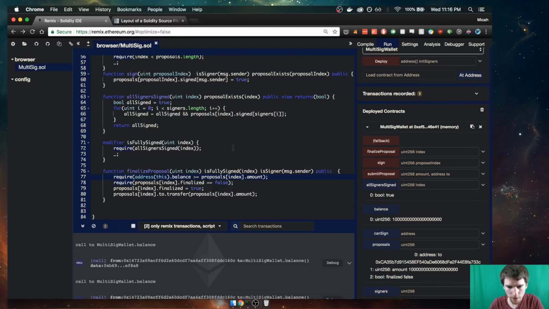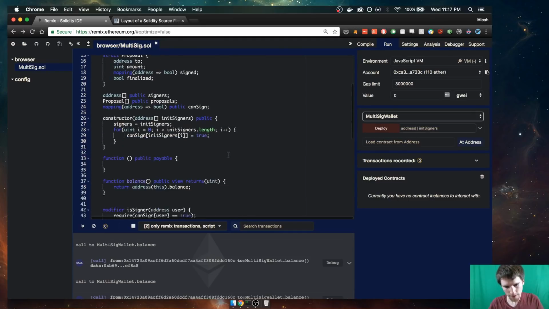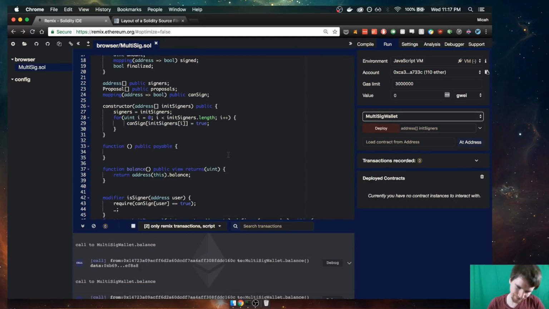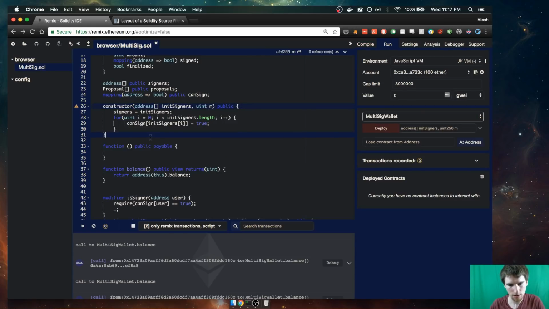Okay, so we've got a somewhat functional multi-sig contract now. It comes out to 84 lines. We can do M of N, and then I think that we'll be done. Okay, so what this means is, say you have a multi-sig contract with 10 signers,